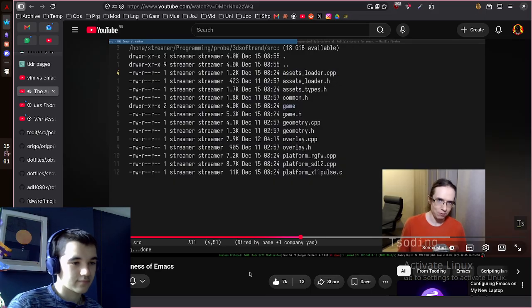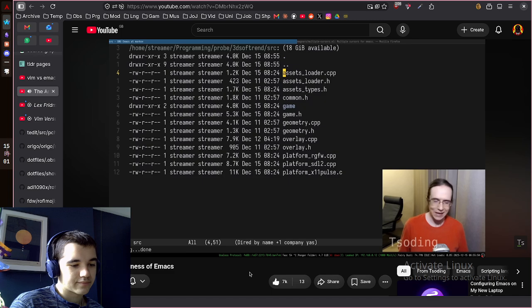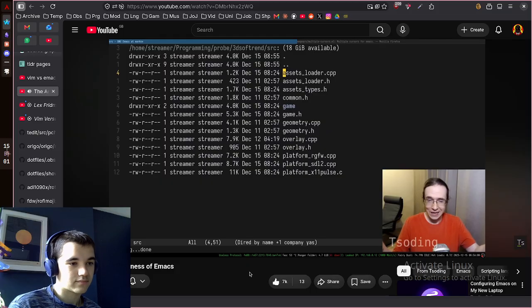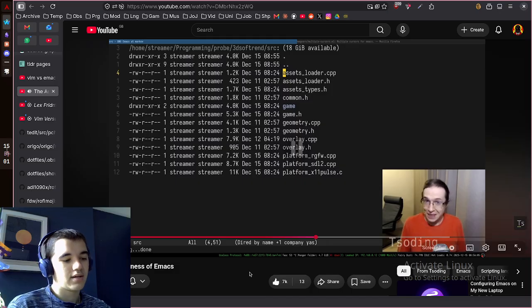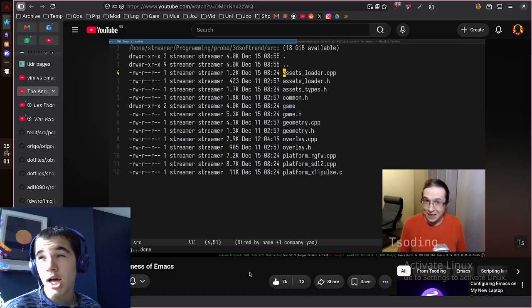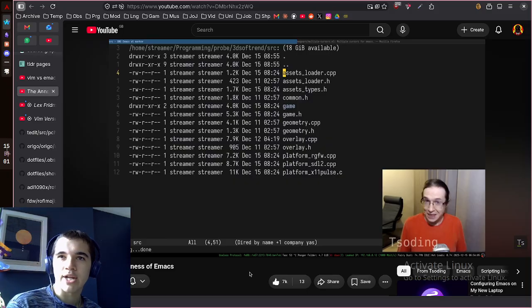I can mass rename file names with multiple cursors like that. Again, neither the developers of DRED nor the developers of multiple cursors anticipated that you can mass rename files like this. It just worked. On that note, there is another funny OS-like software that we all use that isn't Emacs, and it's called the browser. Browsers are essentially operating systems in and of themselves. They just suck because they run JavaScript and I guess WebAssembly now as well, as opposed to actual